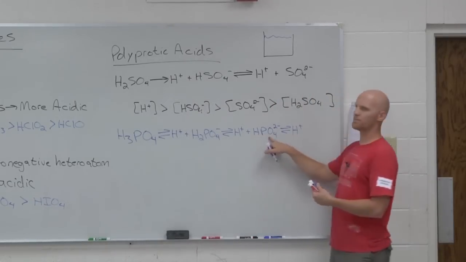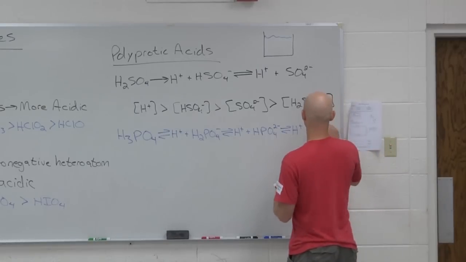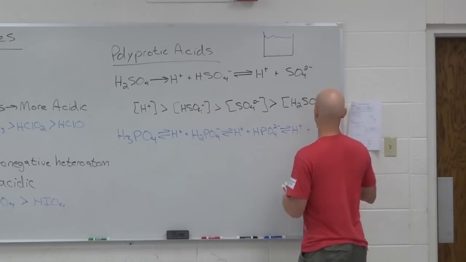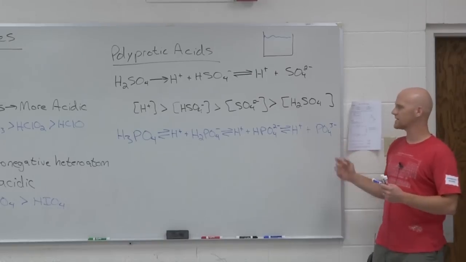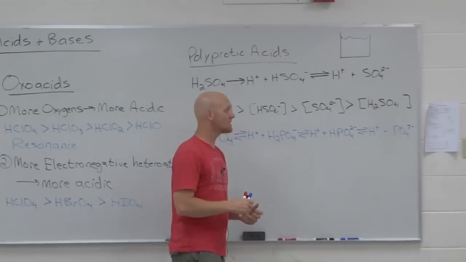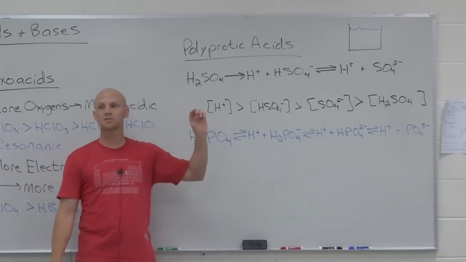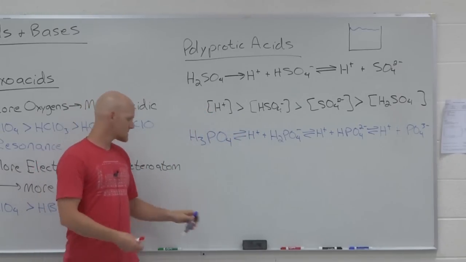And so what's the conjugate base of HPO4 2-? Yeah, PO4 3-, the phosphate ion. So now we got a little bit longer sequence in this case. And it's going to be a little bit different because, is he strong? No, he's weak, which means he's only going to dissociate to a very small extent in most cases. So if we look at this then,